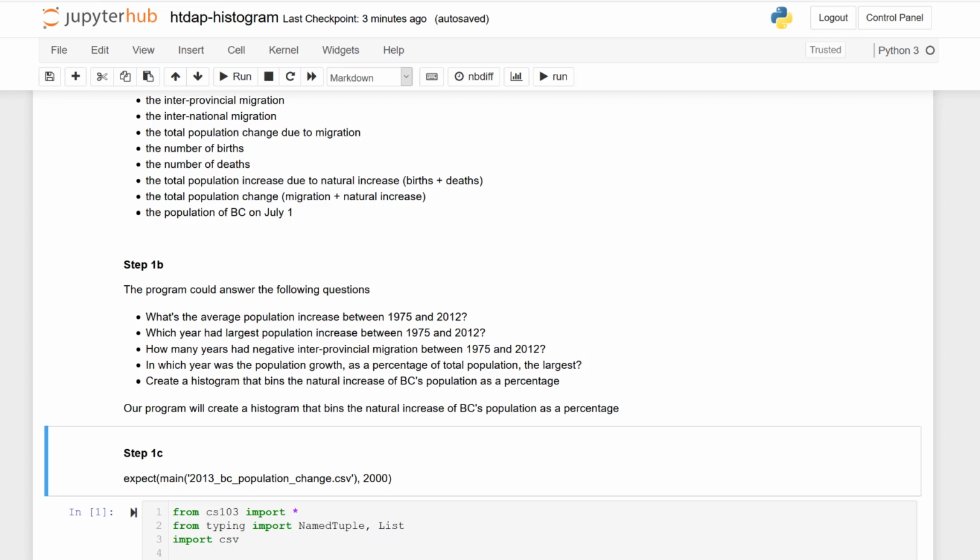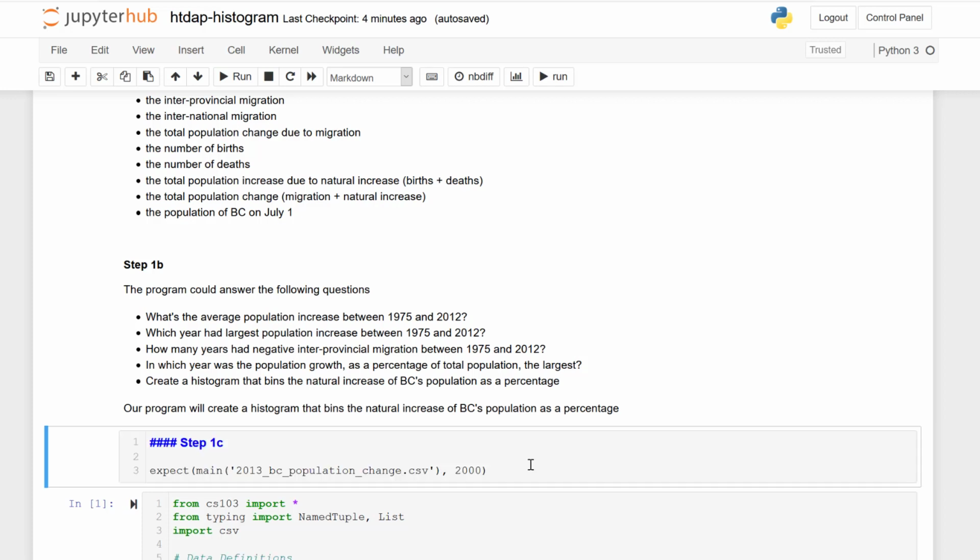I like to hand draw the examples, although you could use a drawing program on your computer if you prefer. Once you've hand drawn the example, you can take a picture of it and then insert the image into your markdown cell using the Edit menu Insert Image option.